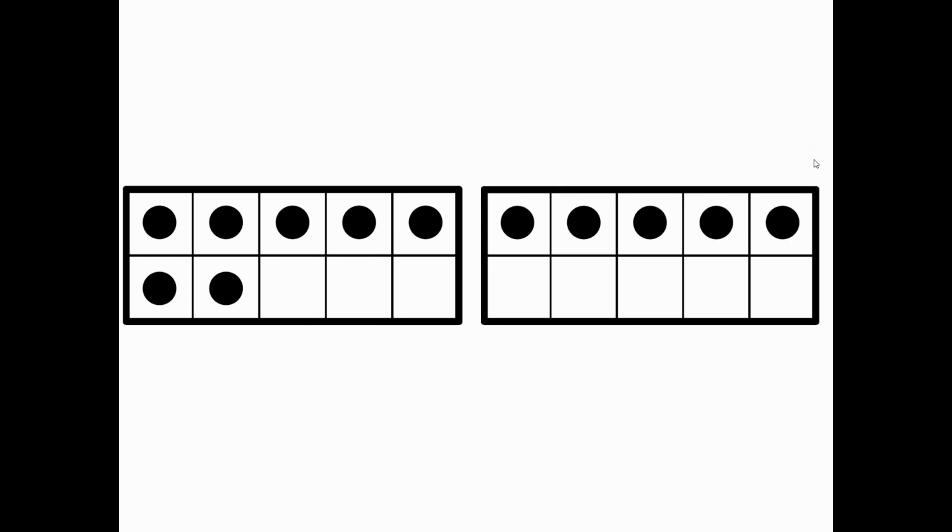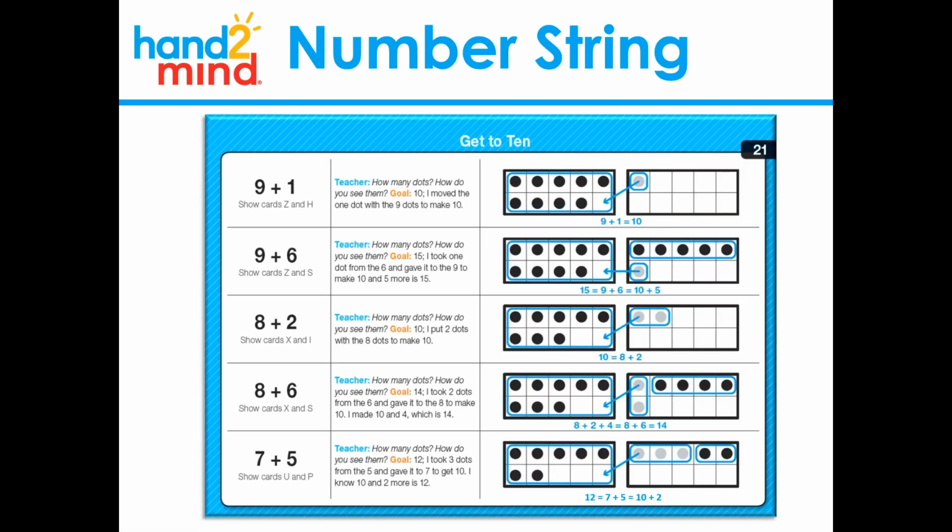So what you just experienced was what we call a number string. And this is an example of a number string that's actually in our intervention kits. So I want us to really look at this card. So we started with 9 plus 1 and went to 9 plus 6, and then 8 plus 2 and 8 plus 6. It was really important that I go in that order